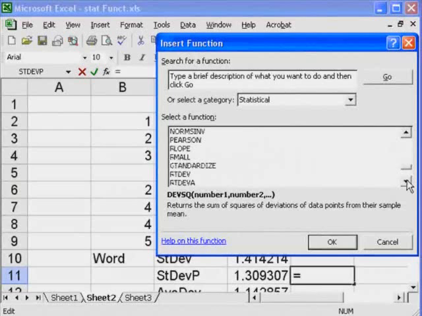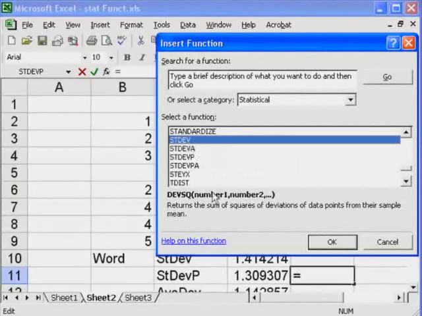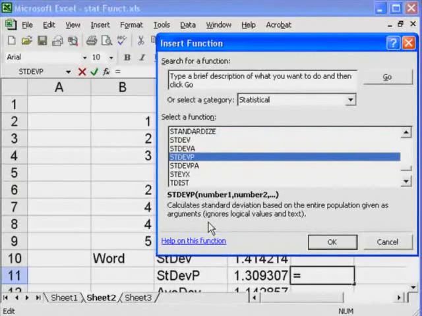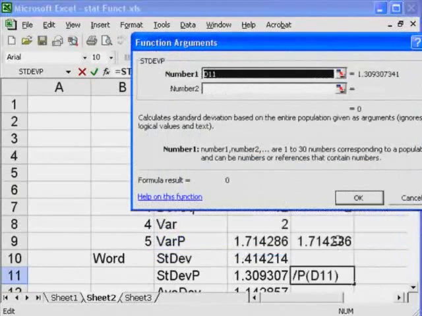And here's some. If I click on here, it says estimates the standard deviation based on a sample. Well, I want it based on a population, so I'm going to guess it's this one. Calculate standard deviation based on the entire population given as arguments. That's the one I want. Now, if I click OK, up comes a